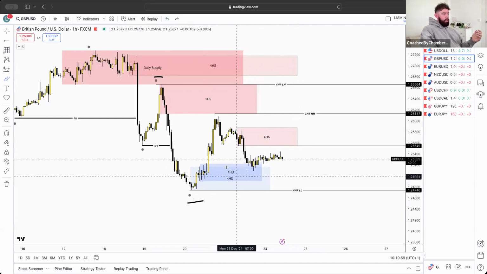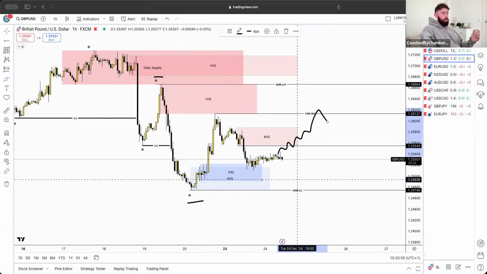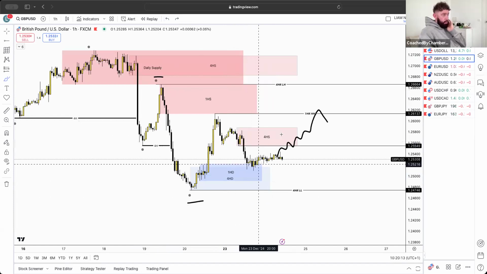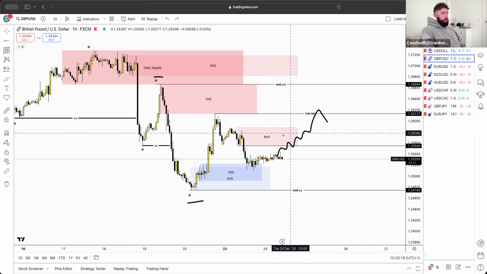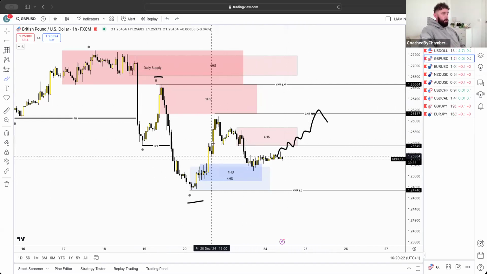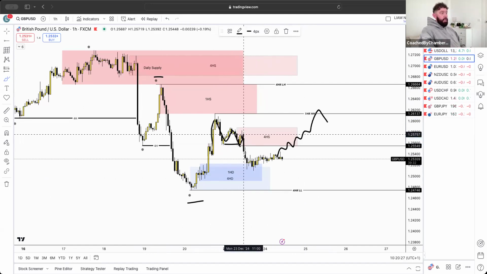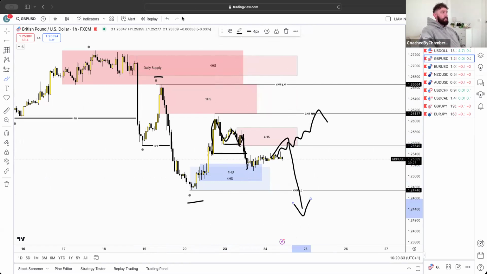Obviously, understand that we are still in this 1 hour demand. So if we carry on and we don't get that internal break, then it's most likely because of this 1 hour and 4 hour demand area that we have here, which could then rebalance up and continue the trend. So understand you've got to play both. We want to see that internal change of trend, similar to this one where you've gone up and had one break, which could give you the confidence, and then the second break is here. That's why we would like to see this continue down with the overall trend. So that is what I've got for GU.